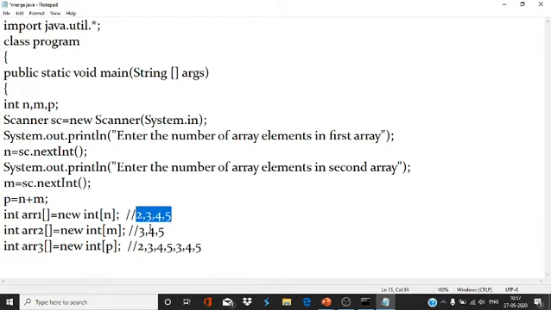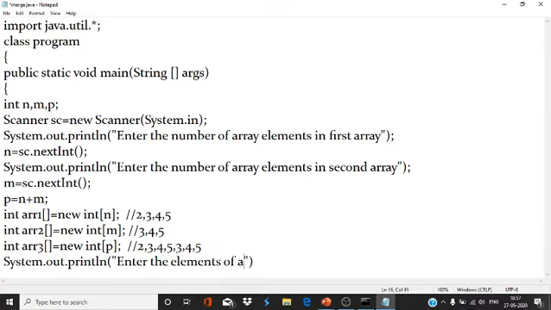How to store these elements? First I will store array 1 into array 3, and then the second array into the third array. Before that I will accept the values of arr1 first. System.out.println enter the elements of arr1.